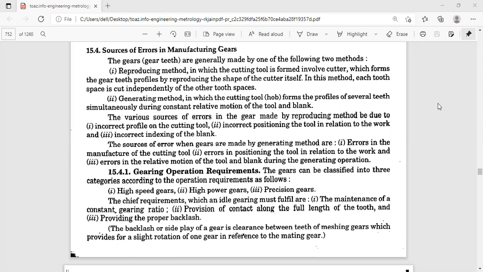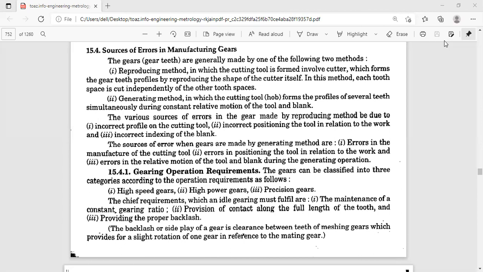So what is the third point? The third point is the errors in the relative motion of the tool to the work. That's very important. So relative motion of the tool and the work. So what is the work here? What is the workpiece here? The gear. What is the raw material of the gear? It is a gear blank. So you have to take the gear blank diameter into consideration. The outside diameter of the blank, DO, that's also very important.